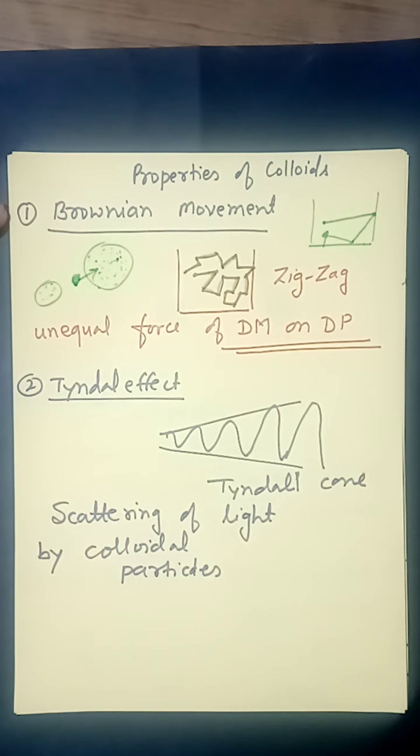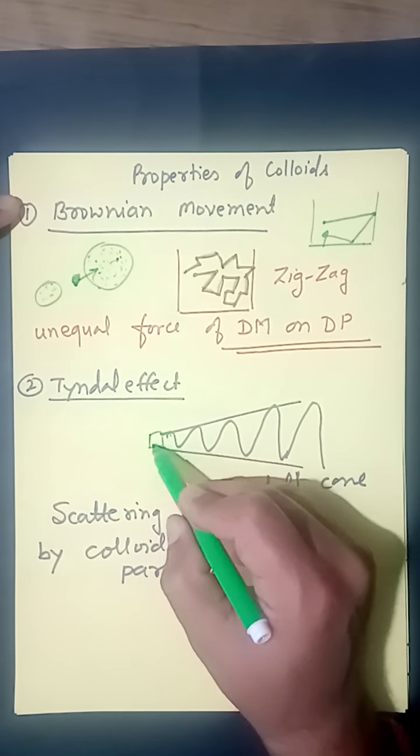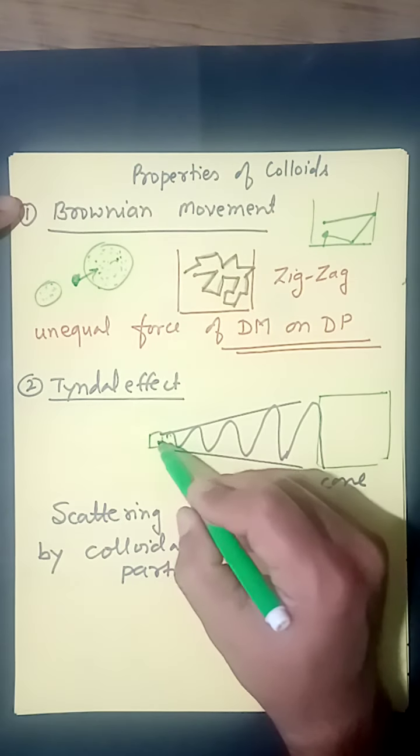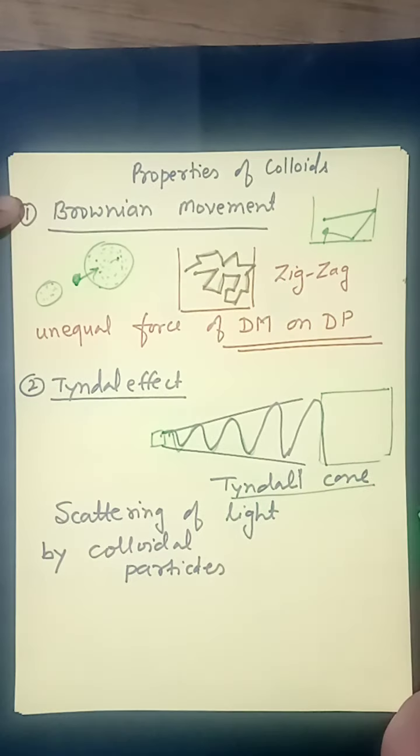Another very favorite of the students is the Tyndall effect. You all have seen the Tyndall effect, especially when you go to a multiplex to watch a movie. You saw the radiations coming out from the window and they convert into the complete picture on the screen. A very small window produces the radiation, and the picture you can see on the wide screen. So it moves in a cone-shaped structure, and this cone is known as the Tyndall effect.